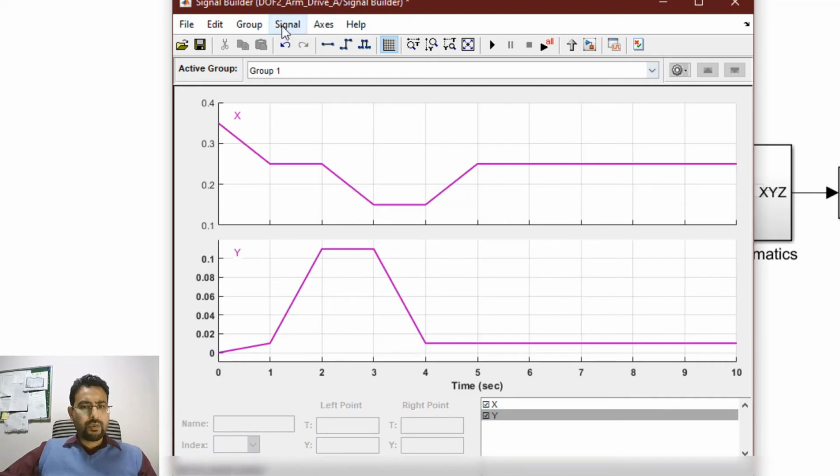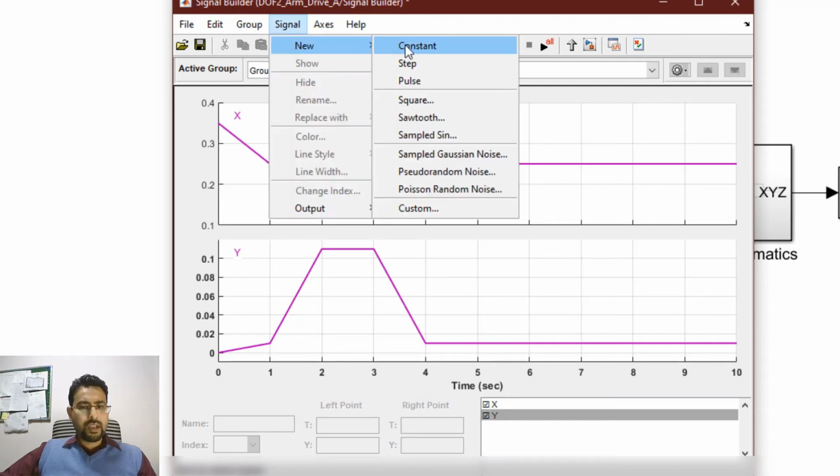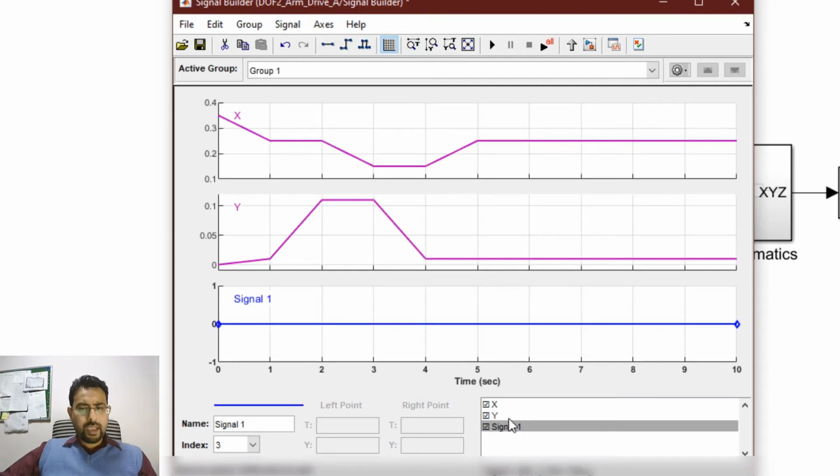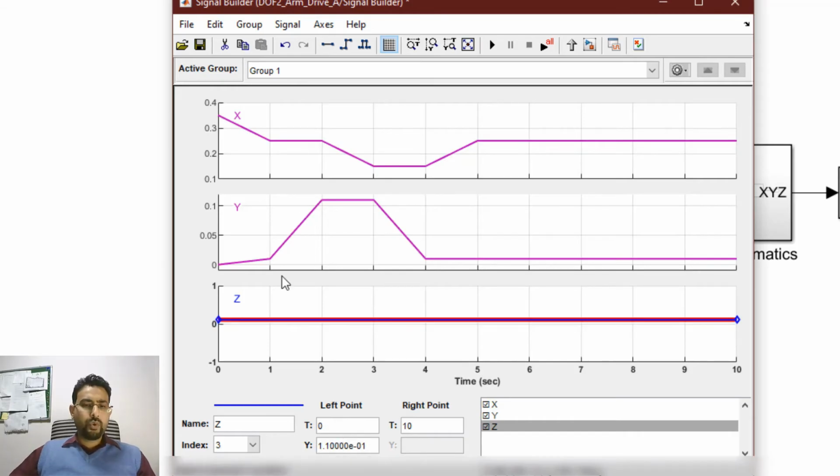And for the third axis, we know that it is a planar robot. It will not be moving in z axis. So we can insert a constant signal like this, and I can label it as z, and its value would be 0.11, because we know that the end effector's z position will remain 0.11. Over here, I should mention that this was explained in the previous video. So if you have no idea from where this 0.11 came, you better watch the previous video. So these are the signals in X, Y, and Z directions, which I want my robot's end effector to reach